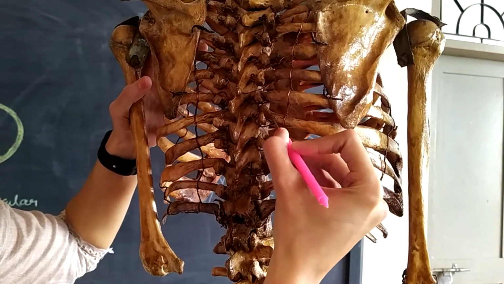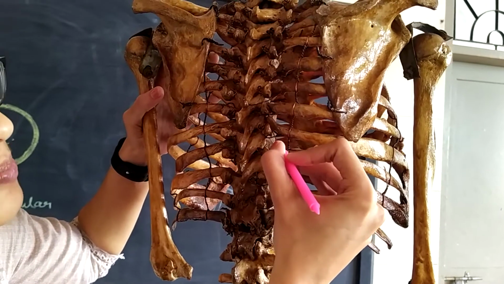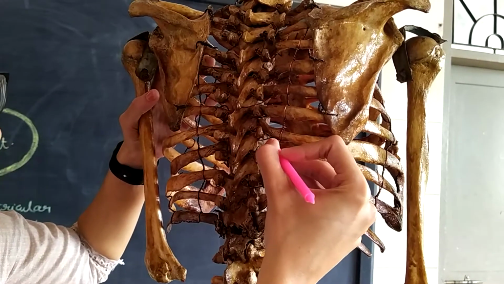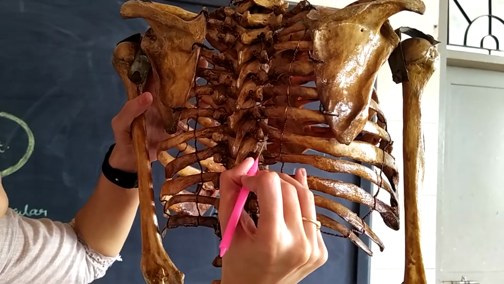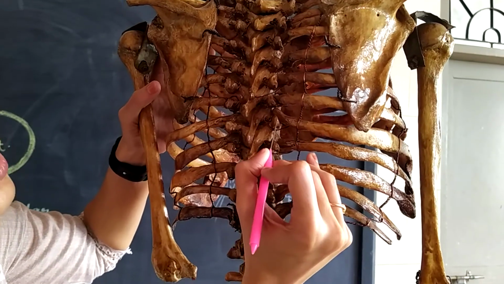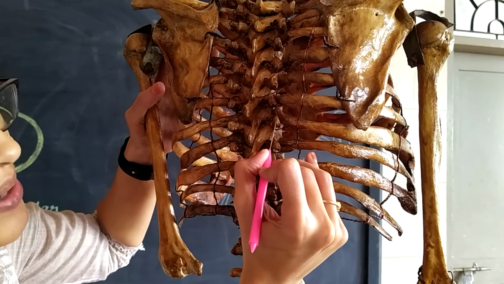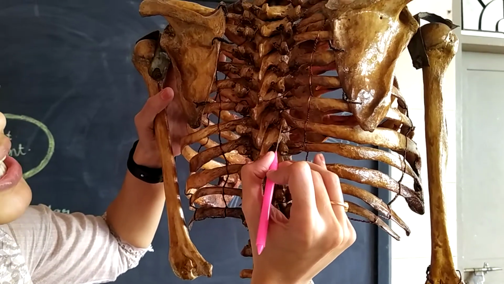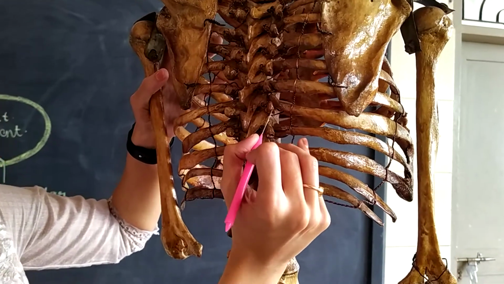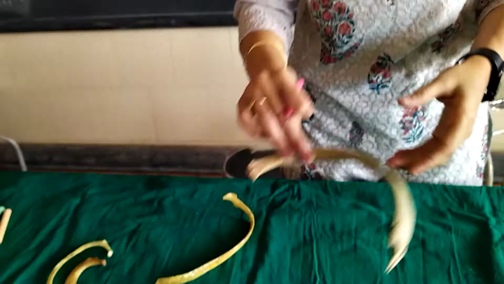So the facet of the tubercle, which is present medially, articulates with the facet present along the transverse process of the corresponding same vertebrae. Whereas the lateral part of the tubercle is non-articular, so this part articulates with the tip of the transverse process of the corresponding same vertebrae by means of the lateral costotransverse ligament. So these are the three parts belonging to the posterior end or the vertebral end.